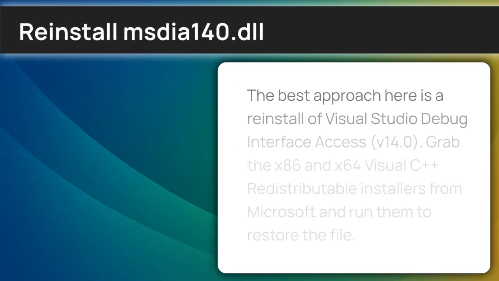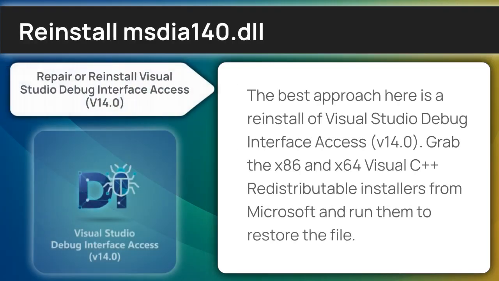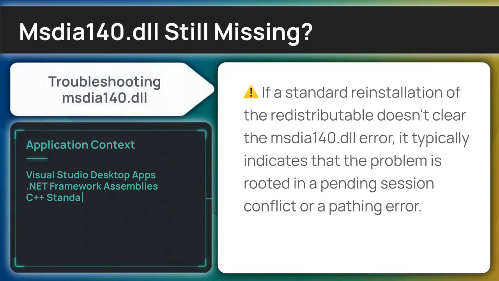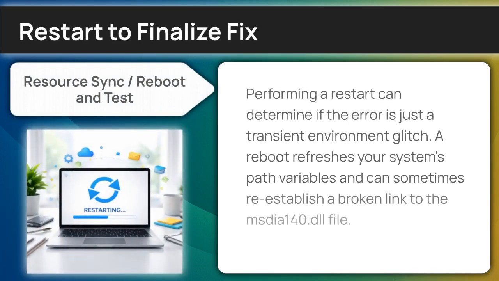The best approach here is a reinstall of Visual Studio Debug Interface Access, version 14.0. Grab the x86 and x64 Visual C++ redistributable installers from Microsoft and run them to restore the file. Should the file remain missing after a reinstall, we need to ensure that the operating system is forced to re-index its shared library paths. A standard restart allows the Windows bootloader to rescan your system directories and potentially recognize an